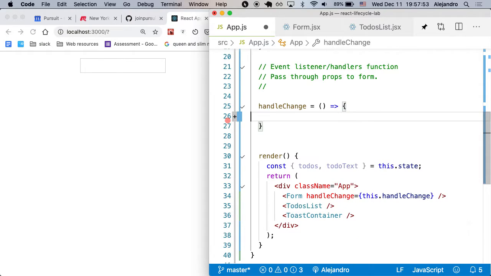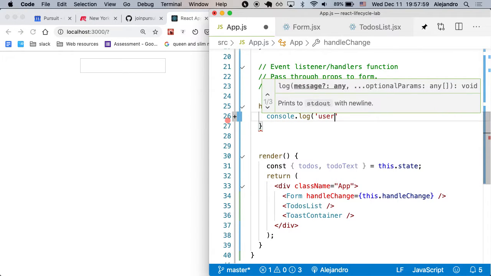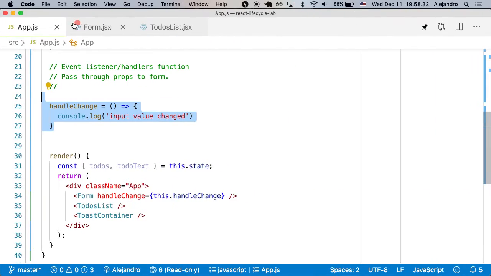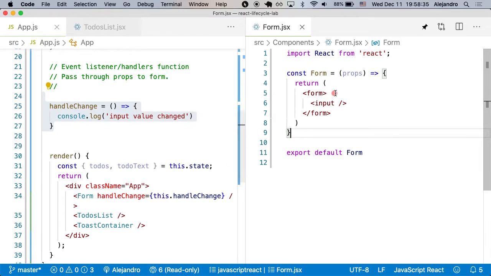Actually, let me backtrack here a little bit. Let's do console log, input value changed. So we have a function handle change that we want to be called whenever the user types in something in that input box. How do we get this function to be called whenever the user types in something in the input box? Yeah. So you would go to the input box. In this case, it's the form component. So we have the form component here. And on